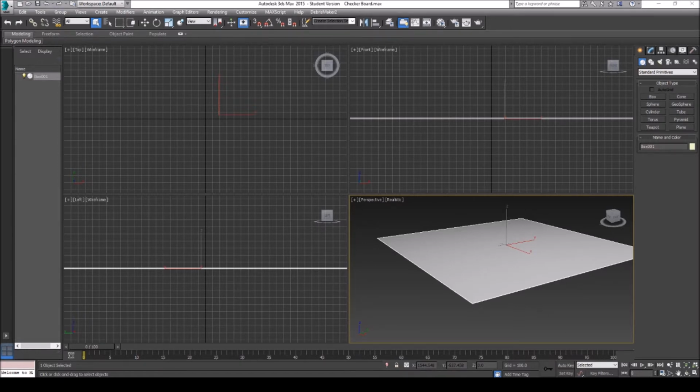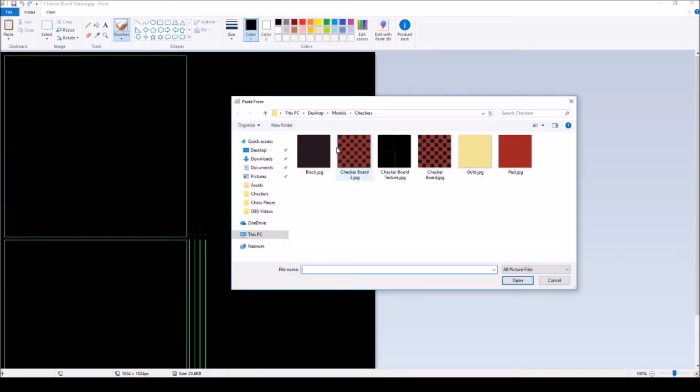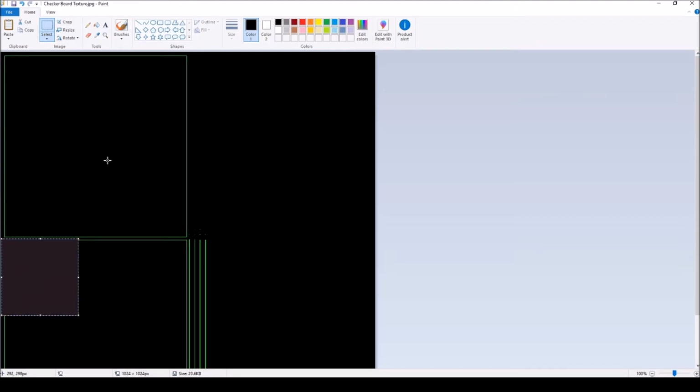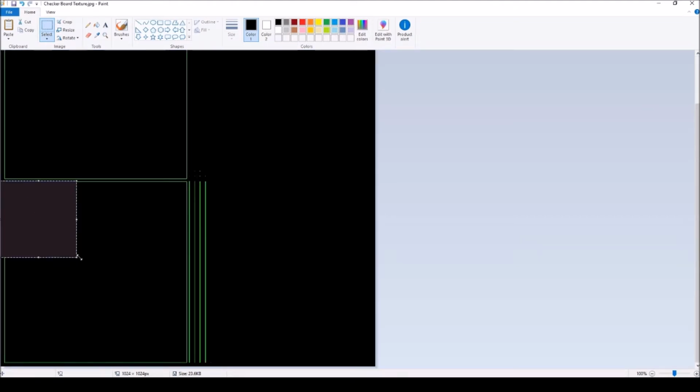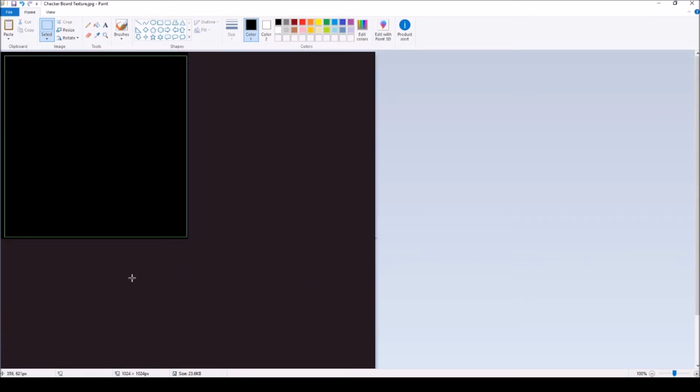So what I'm going to do is I'm going to open this texture up in Paint like we previously did. So here it is in Paint. What I'm going to do is I'm going to paste from. I'm going to paste that black here. I'm actually going to make everything black. That needs to be black for the bottom of the board and everything. So it's just like that. Let's just grab this right here. Let's just move this up. So everything that is black will be black. So this is, I believe, let's find out here. It is